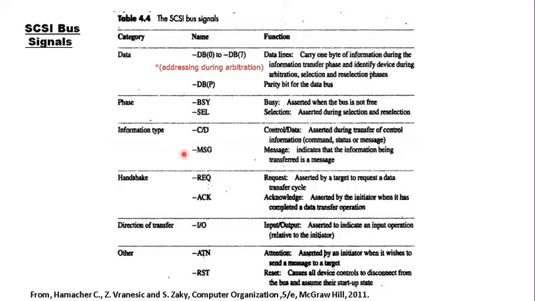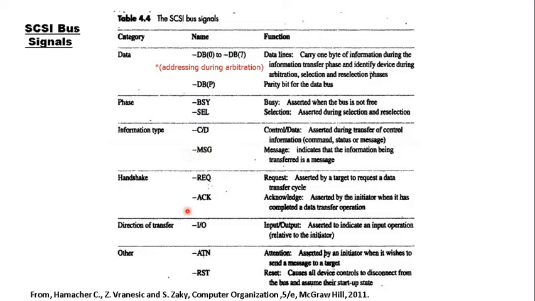Through the SCSI bus, there will be different types of signals and information passing. In order to tell the parties on either end what is being passed by the corresponding party, we have two lines, that is C bar D and MSG. C bar D stands for command bar data or control bar data. If you are transferring any control information or command information, this has to be kept active. Then, as part of the SCSI protocol, the initiator and target can pass any number of control messages between them. So if messages are being transferred through these DB lines, then the MSG line has to be activated.